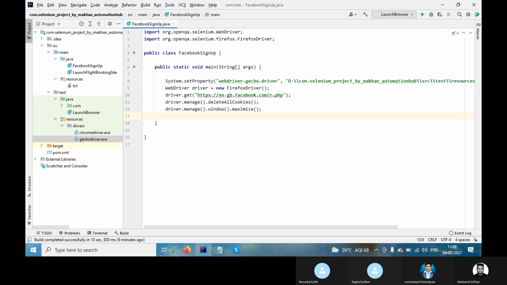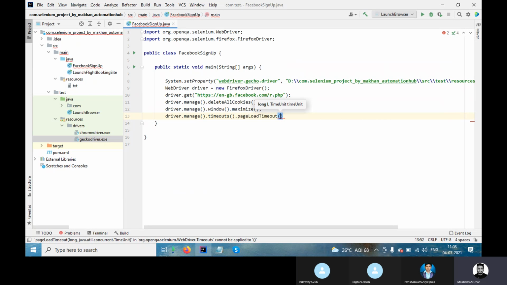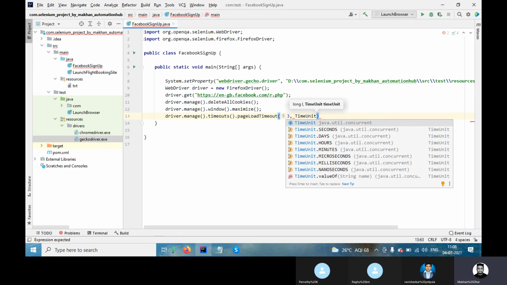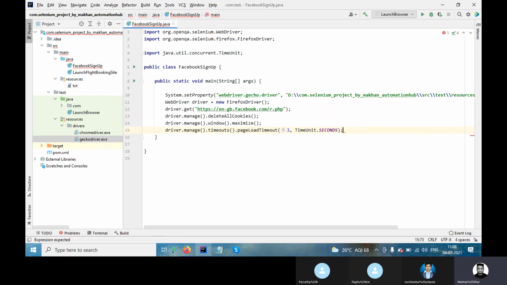And there are a few methods. I am telling, driver dot manage dot timeouts dot page load timeout. Suppose I am giving 3 seconds, comma, time unit, I will explain, just wait. We saw thread dot sleep, but what is the difference between thread and this?